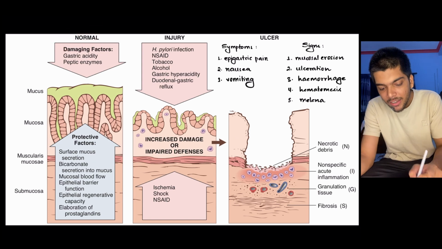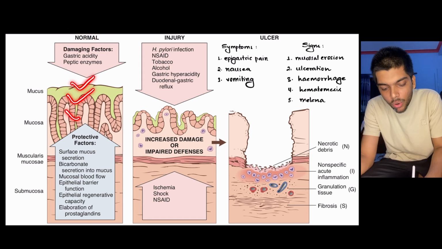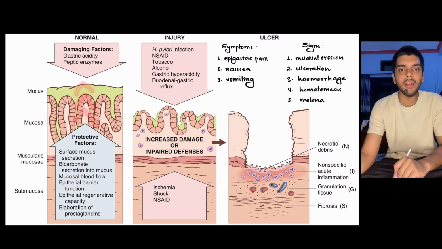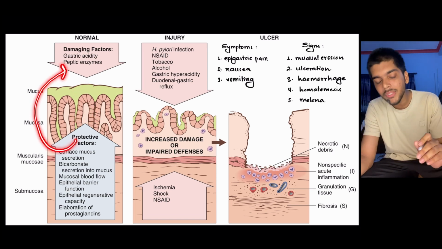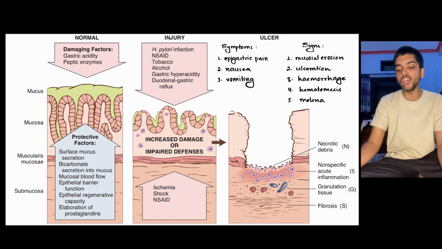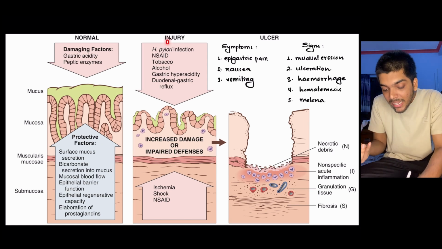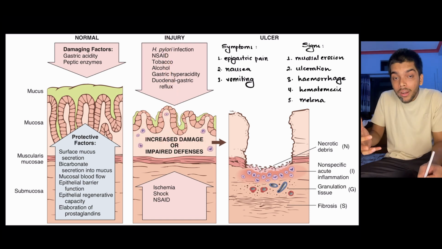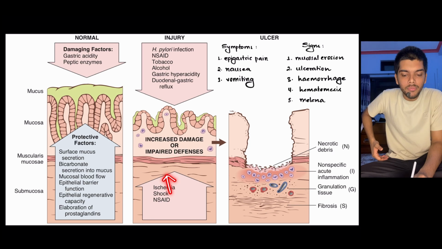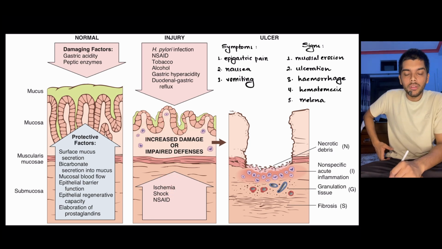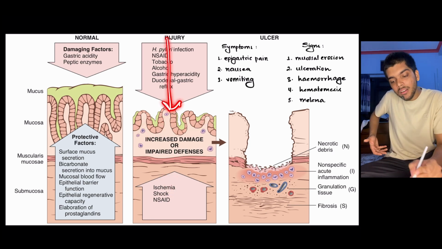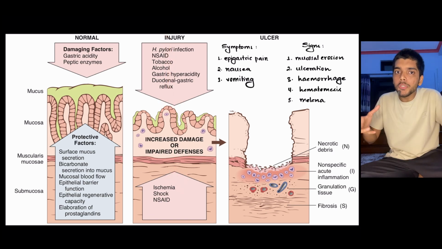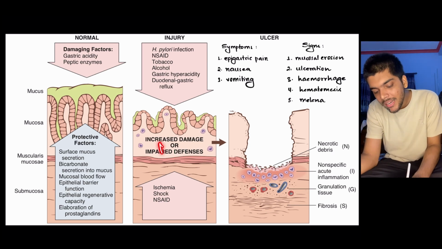Now, normally the damaging factor is overcome by the protective factors. Protective factors overwhelm the damaging factors. But in case of injury, there is either an increase in damaging factors which leads to destruction of the wall of the stomach, or a decrease in protective factor which leads to damage in the wall of the stomach. Be it an increase in damaging factor or a decrease in protective factor, overall the damaging factor becomes more than the protective factor. And when there is injury,